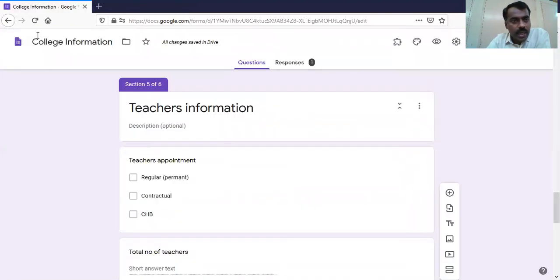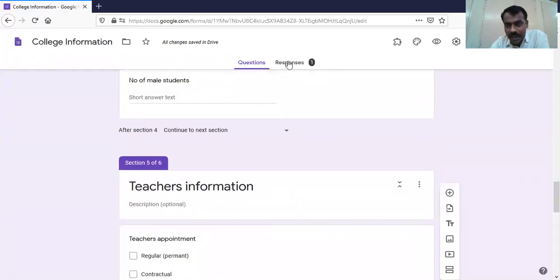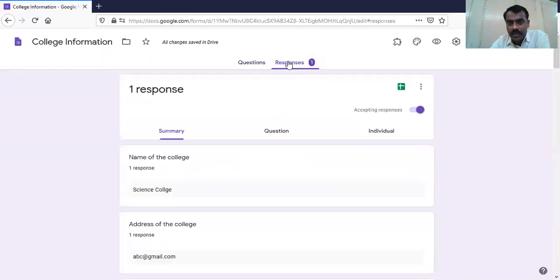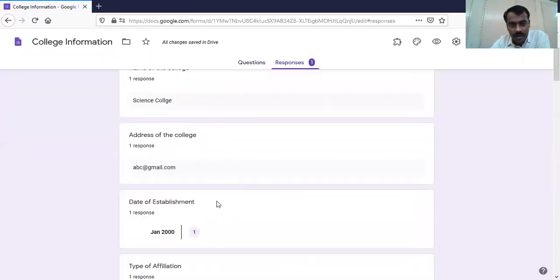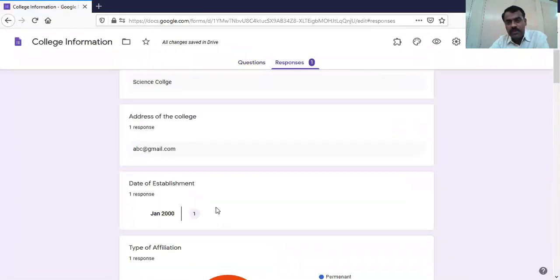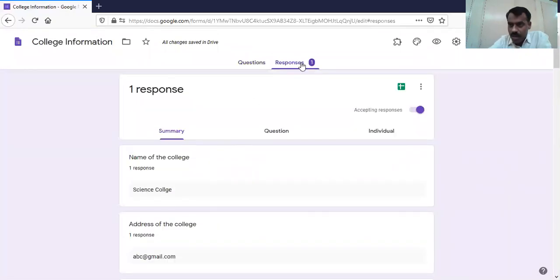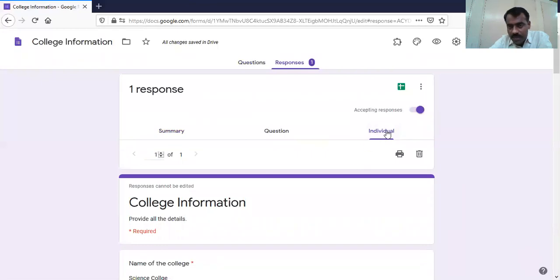Now you close this. Now you can see here this response. If you remember, while filling the questions, we didn't find any difficulties or any wrong questions. If at all anything is wrong, before sending, we can correct those questions here. Because somebody has submitted that form, we can check here the response of that particular college, what they have filled. If 10 colleges submitted, then we can see the summary of 10 colleges, and each individual college's details also by clicking this.